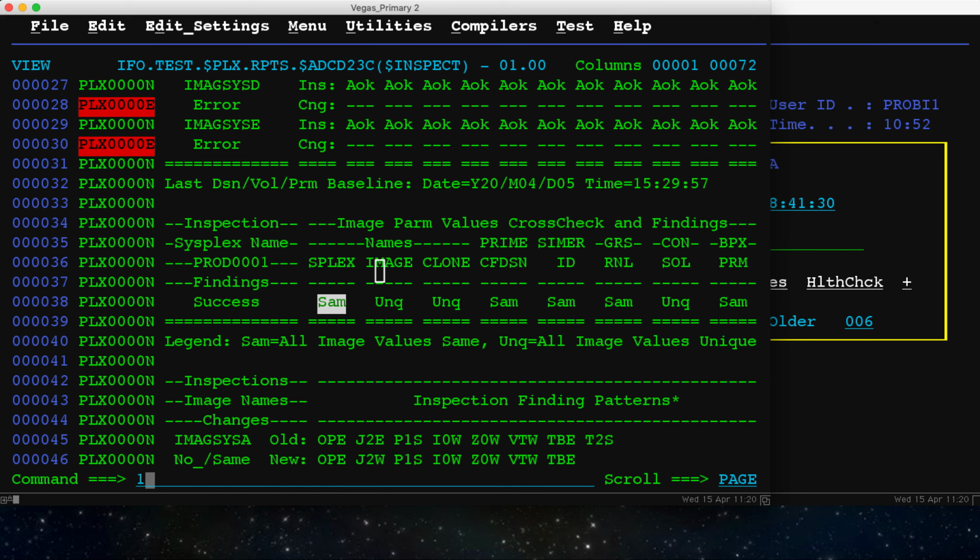Each of the names of the individual images is unique. That's good news. Each of the clone names that are associated with each of the images is unique. More good news. And then when we look at the primary couple data set, we see that it's the same. This is critically important for passing information one from the other. That the IEASYM is the same, the GRS is the same, that the consoles are all unique, and that the BPXPRM members are the same. That is, the environment that's going to come up that's going to support Unix and support the stacks, and all these things are the same. And if we go down a little bit further,